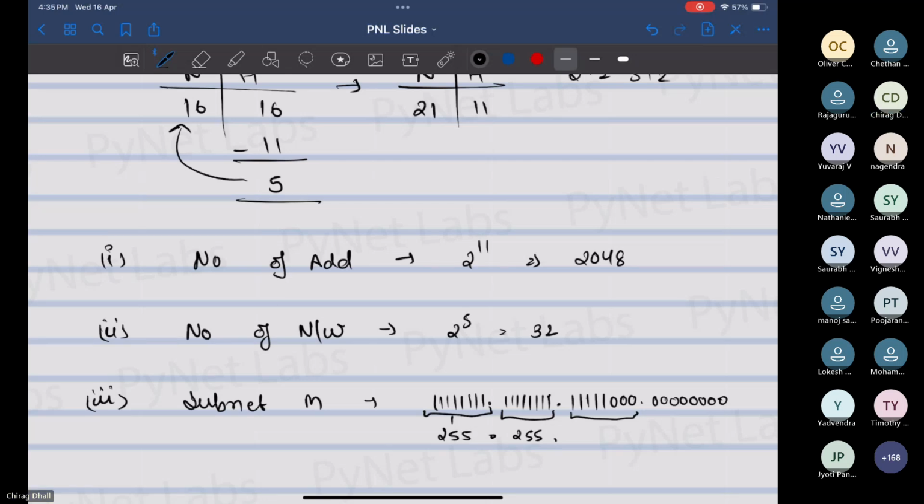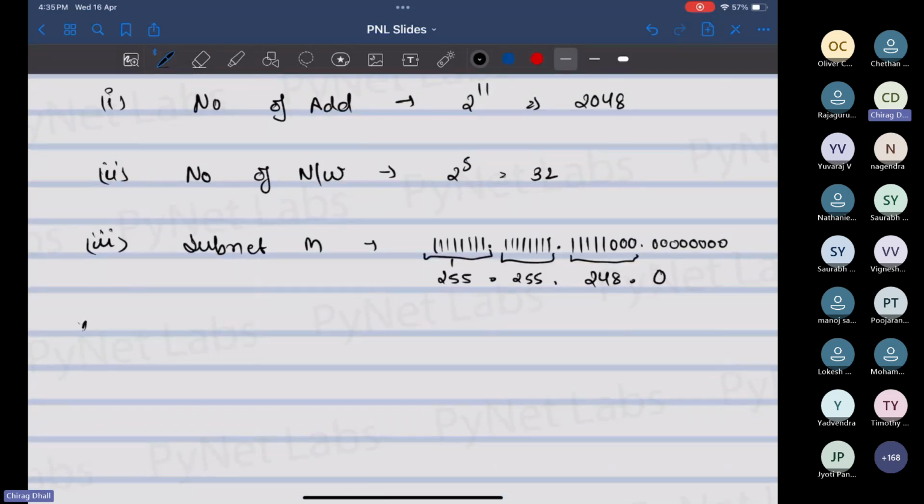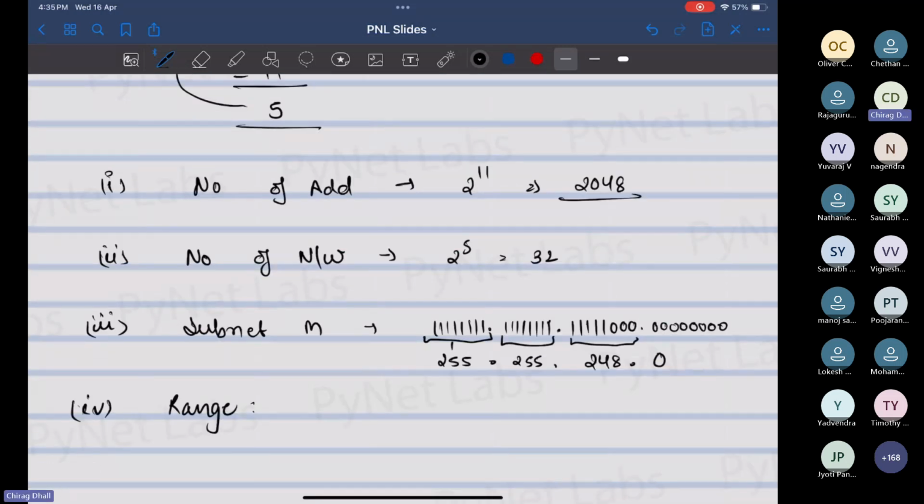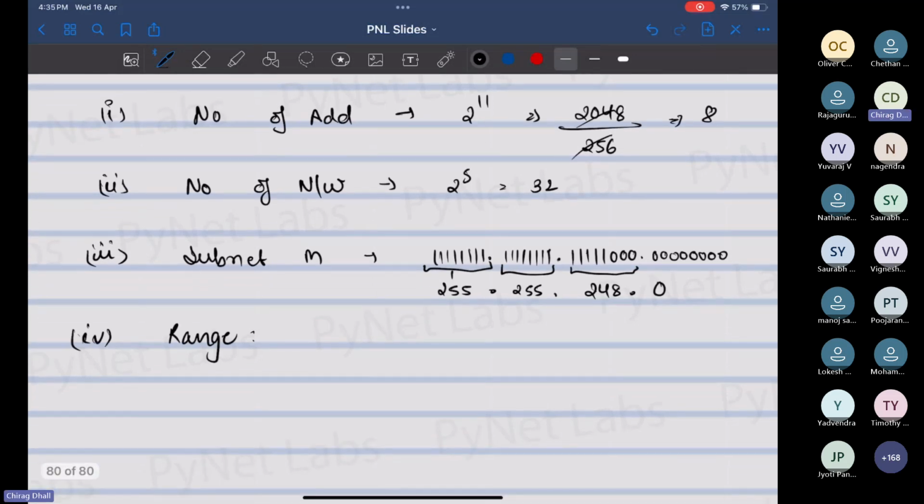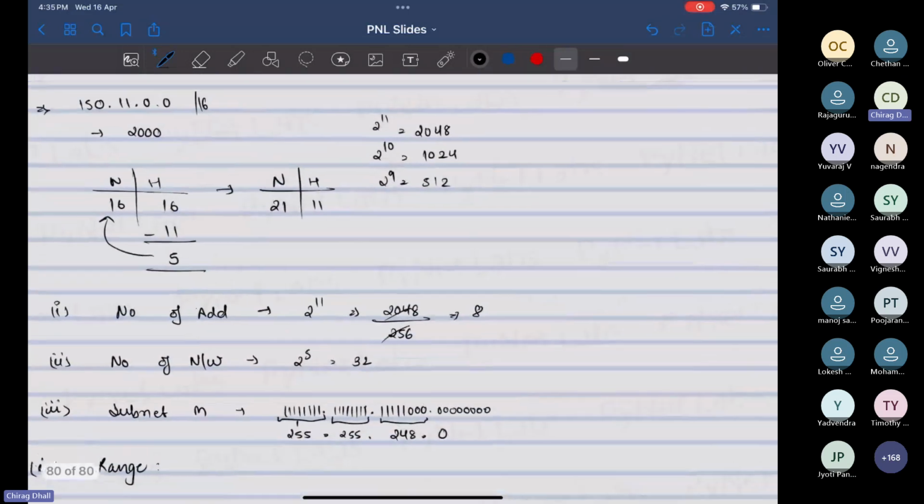248. Then 0. Then comes the final part, which is calculating range. Calculating range requires me to divide this by 256. When you calculate this, you'll get 8. Okay, if it is 8, my range will begin from